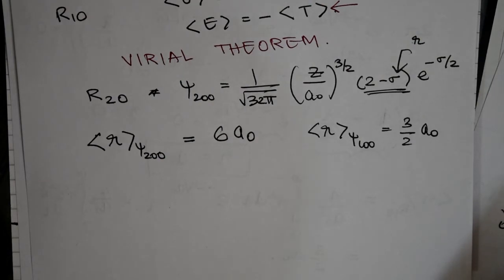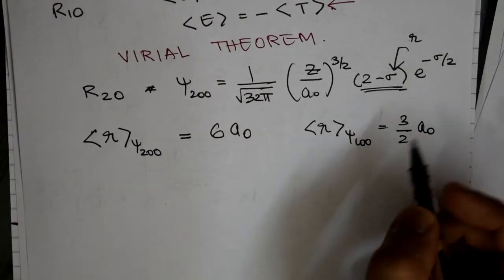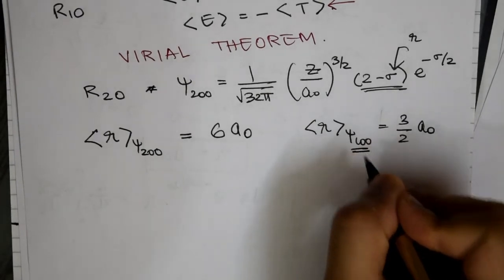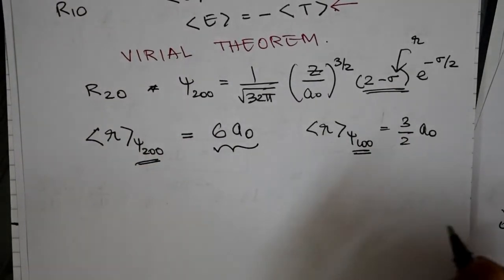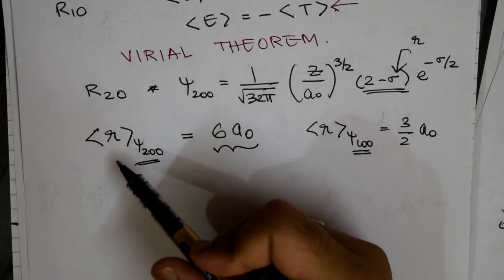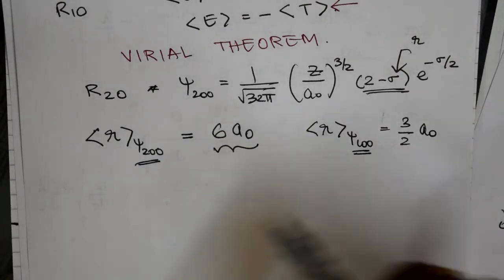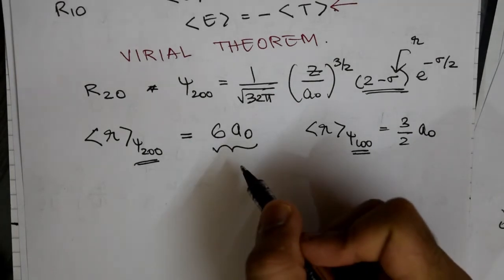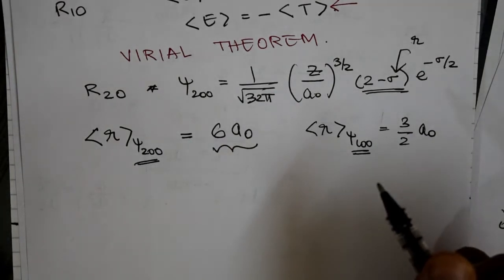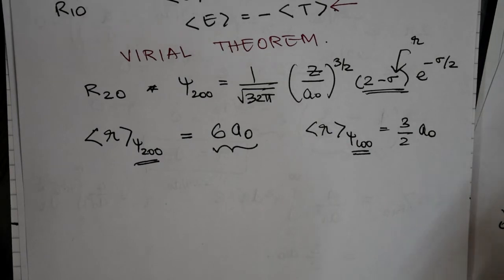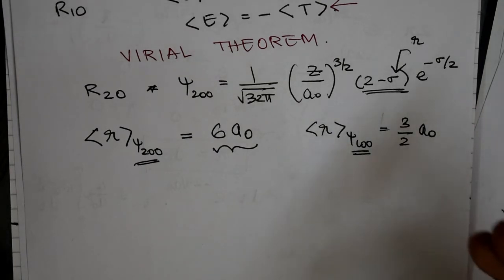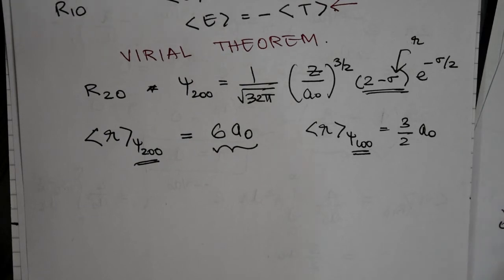So once you have this, what one is able to appreciate is that as you go farther away in the n value, the expectation value of r for that given function goes farther away from the Bohr radius. Okay, this is once again a concept that we have exploited several times from our school times, where if you have an electron, as you go farther away in the orbital, it is easy to extract that electron. Of course, we have seen this in terms of ionization energy, where extracting an electron at an outermost orbital many times is easier than extracting the electron from an inner orbital, right?